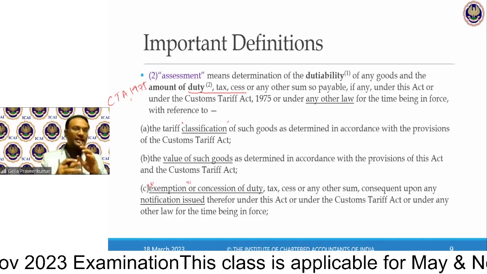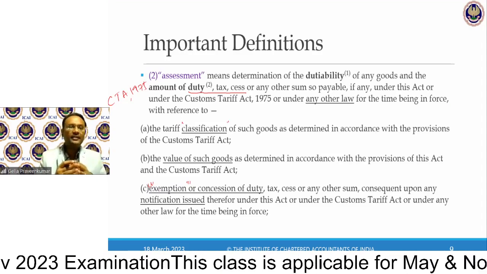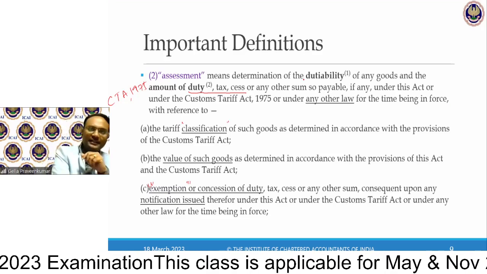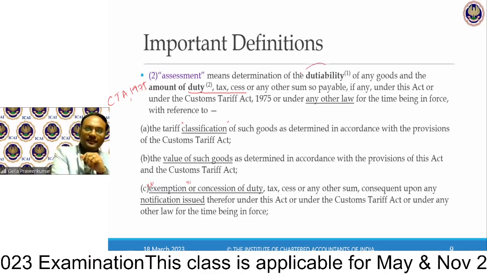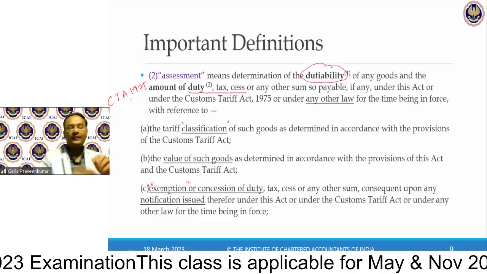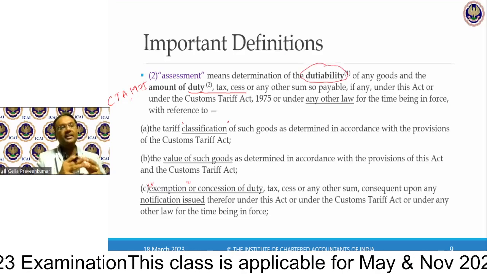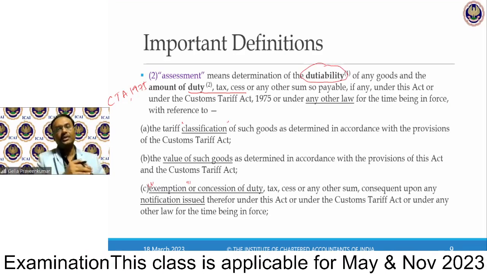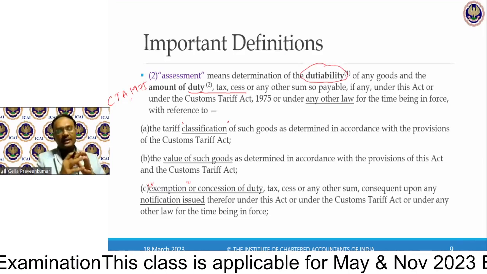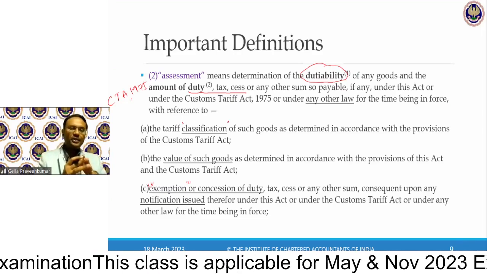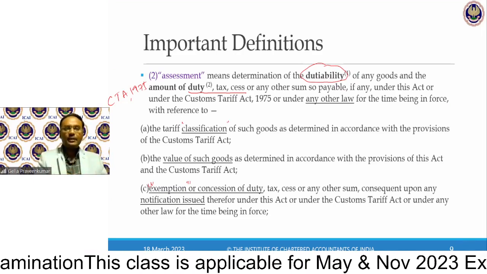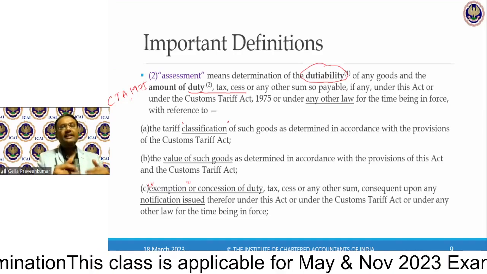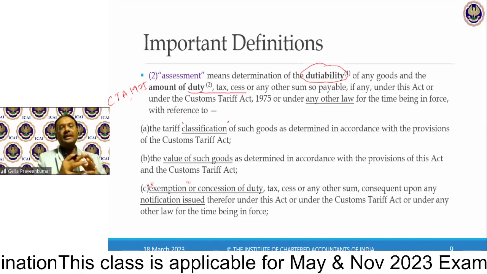Here under customs law, whenever I refer to the term assessment, there is a term called dutiability. That means first and foremost, we need to understand whether or not these goods are subjected to duty. The moment the goods are there before the customs officer, are those goods dutiable is a question which